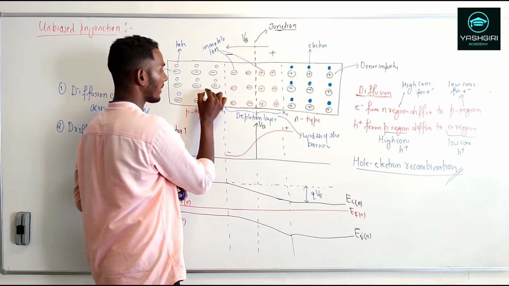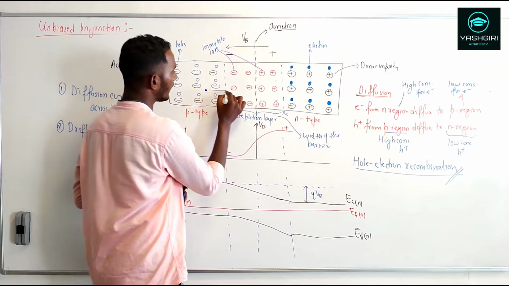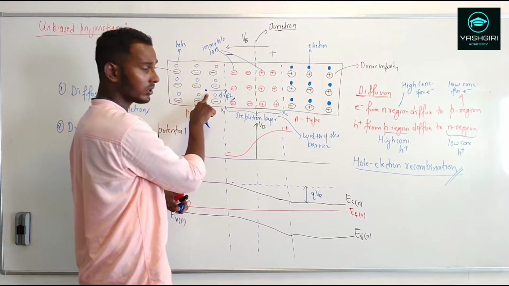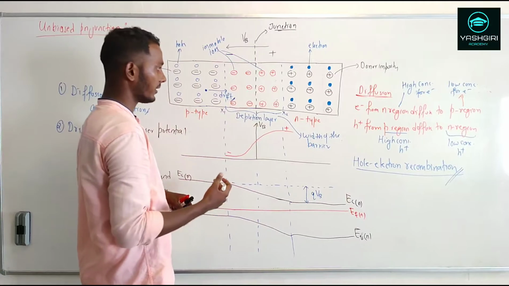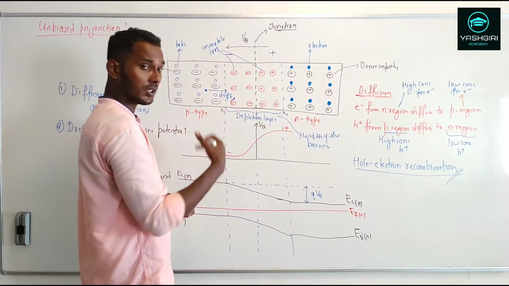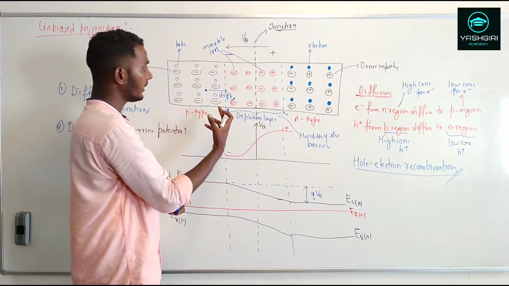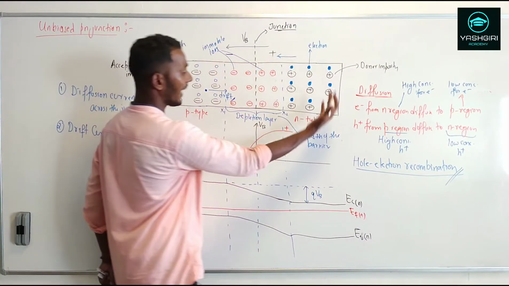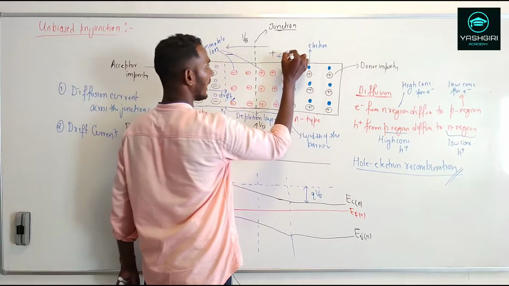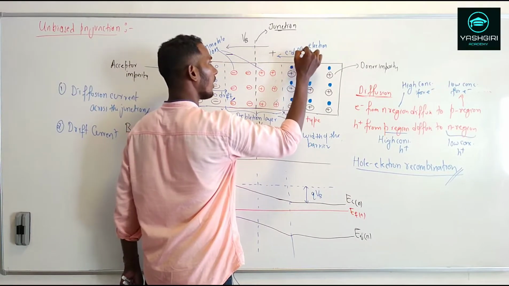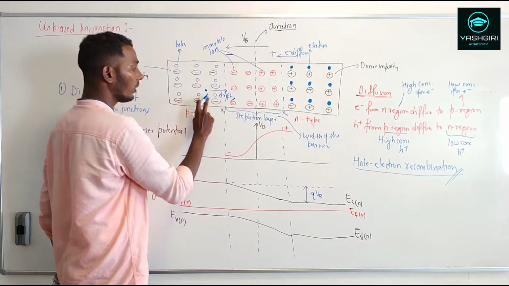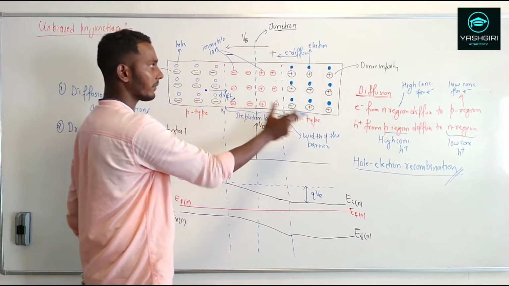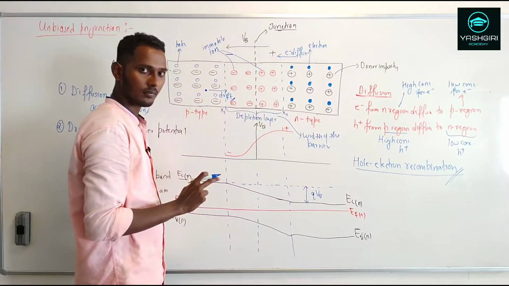So let me show, this is a minority charge carrier, so this will be getting drifted. So there is a drift, and the charge is in motion, so we will get a drift current in this case. Now if you see the direction of this drift current, the diffusion of the electron current was from n-type to p-type, so there was an electron diffusion. And now in this case, electrons are getting drifted from the p-type to the n-type. The direction is exactly opposite.